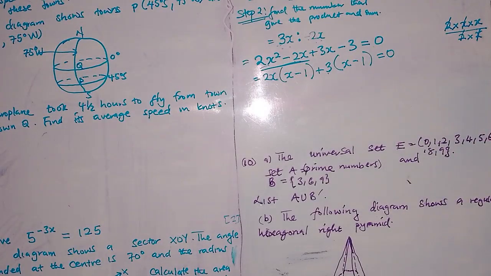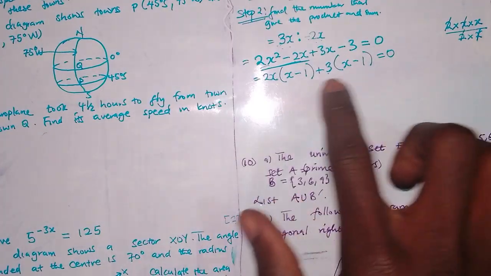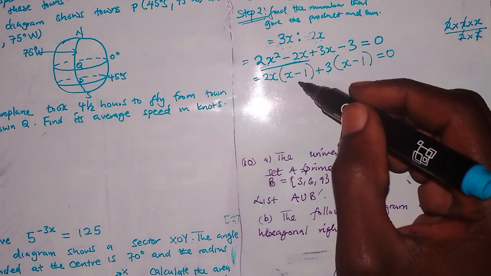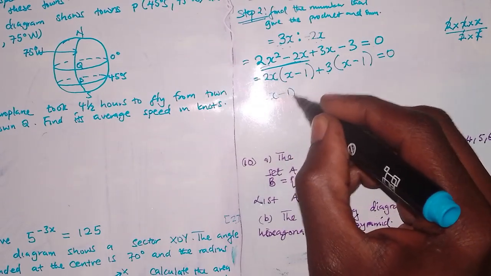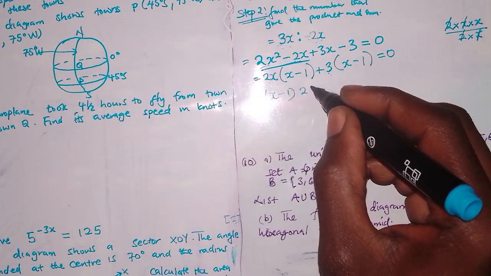So here is where now you will confirm if your equation is right or wrong. Why? Because whatever is inside the bracket, they should be the same. They should not be different. So once you confirm that they are the same, you can now pick just one. So we'll pick this one. So we'll say x minus 1. Then also whatever is outside the bracket, you put them together